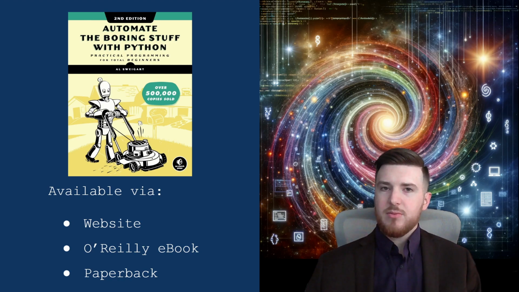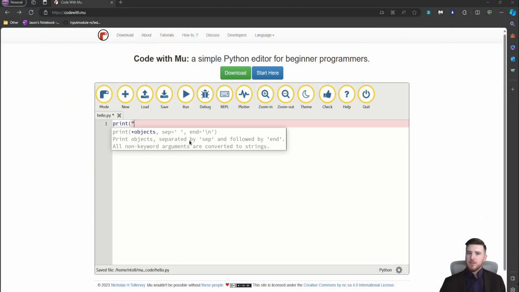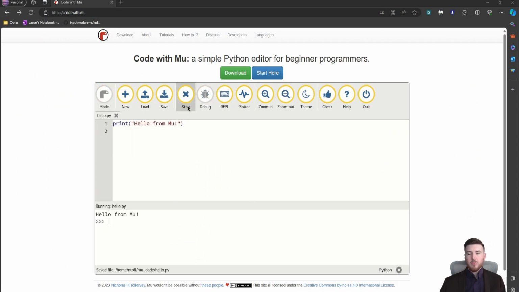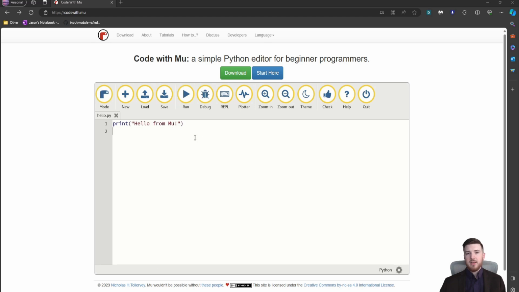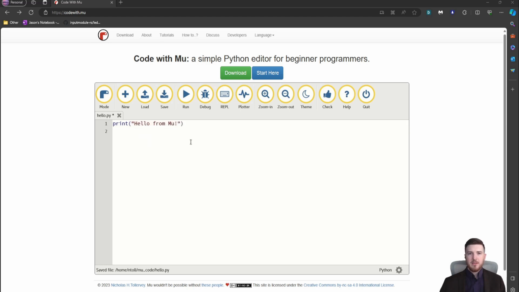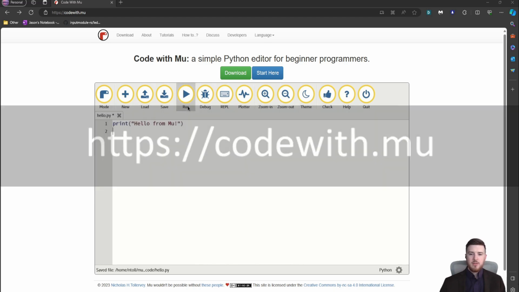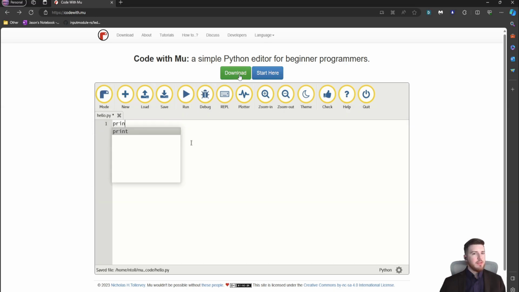Now, let's get started with installing Mu. There are multiple versions of Mu for Windows, Linux, or Mac, depending on what operating system you're running on. But you can get all of those versions from this website, codewith.mu. If you type that into your browser and navigate to this website, you'll land on a page that looks similar to this. If you click on the download button,